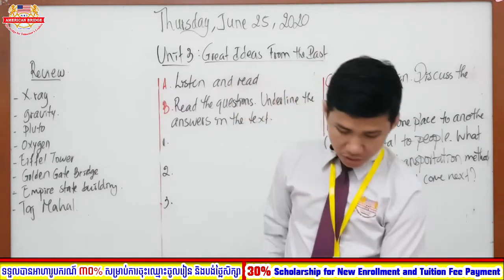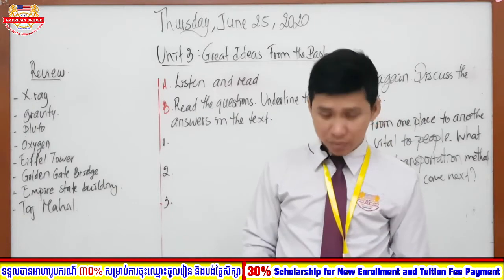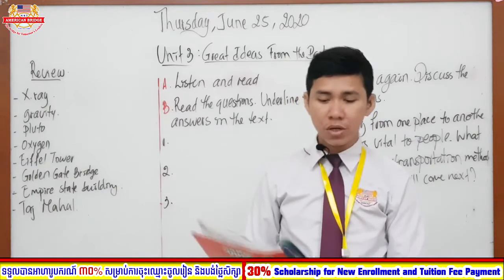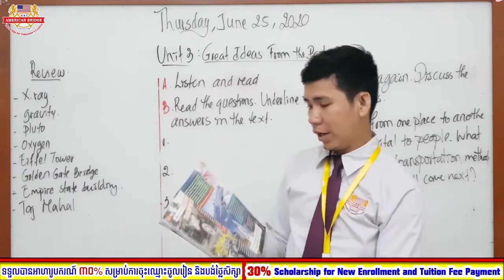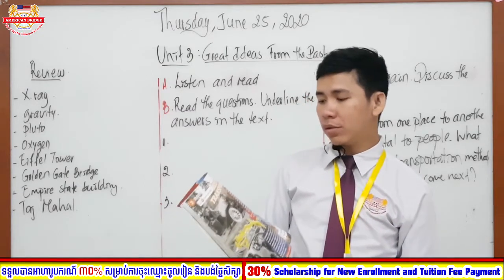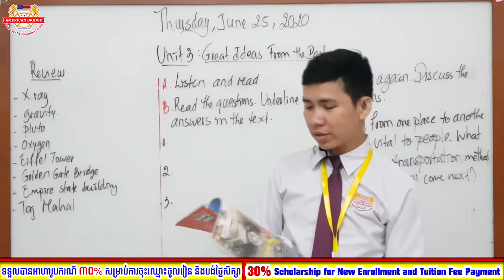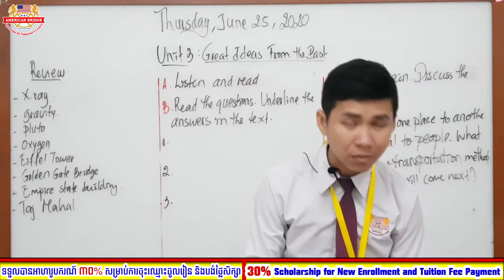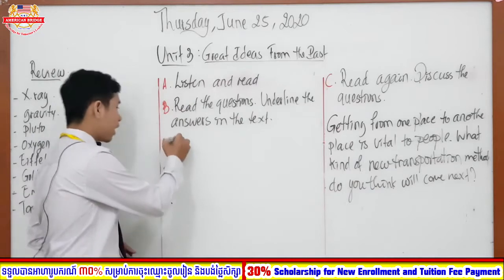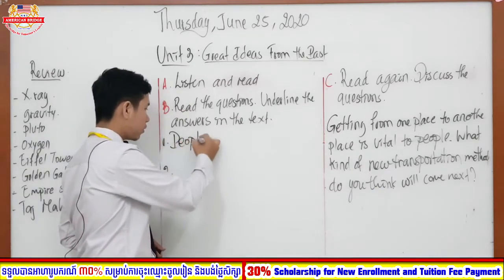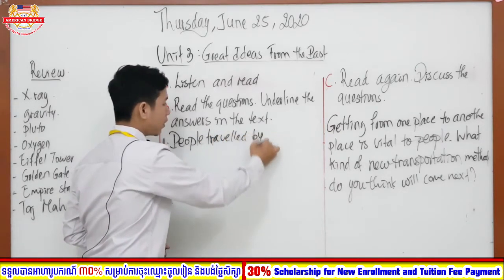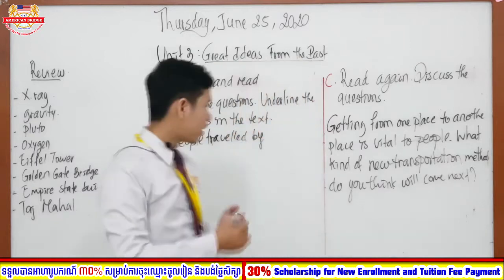Okay, right. So in here, trains, subways, bikes and motorcycles are several types of transportation that people use to travel quickly. Long ago, people had to walk or use wagons before more modern types of transportation were invented. So what is it, everyone? Before the more modern ones came, what did they use to travel? Okay, so the answer is that people travel by what, everyone? Yes, by wagon, right?